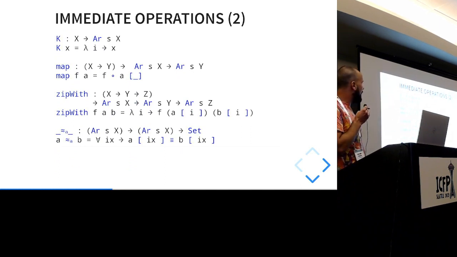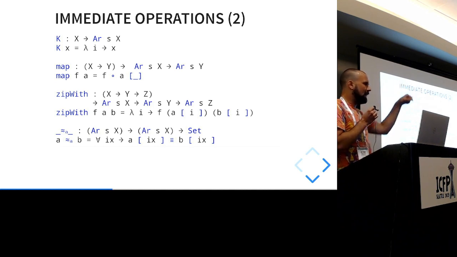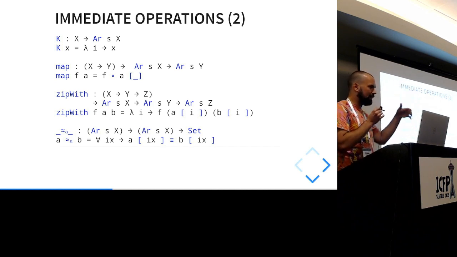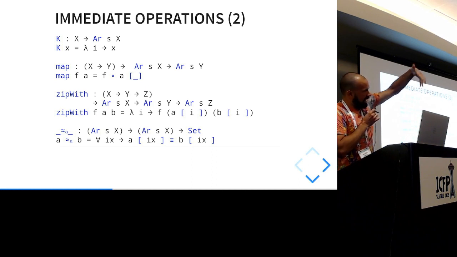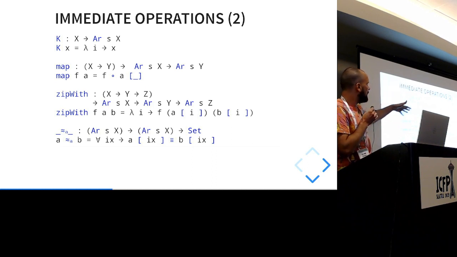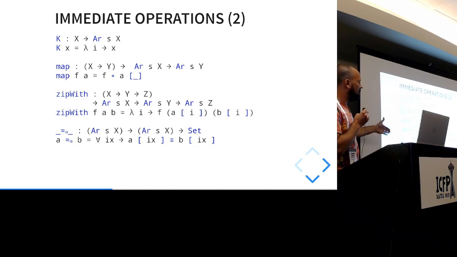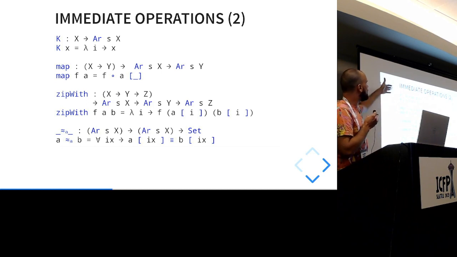In this encoding, all the accesses to the elements don't have any dependency. The container just has a bunch of elements hanging in, and all the accesses are independent. So therefore it's a functor and it's an applicative functor. Therefore you have all the applicative operators immediately given to you, right? So you have a constant array given by k, you have a map given by composition, and you have zipWith just given by the